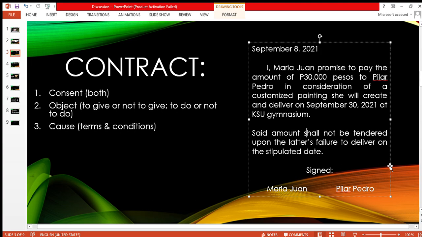Ang nangangailangan lang tayo sa isang kontrata class ay ang tinatawag nating signatory of the notary, of witnesses, and the notarization of a notary public or a lawyer in times of corporate contracts where they are being required, and sa mga gustong makasigurado na maging strong ang kanilang grounds in case there is a violation on the terms and conditions. Yun lang yun. Yun kasi ang kinoconsider nila, they are already thinking about future court